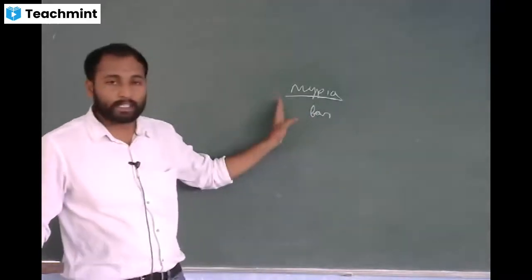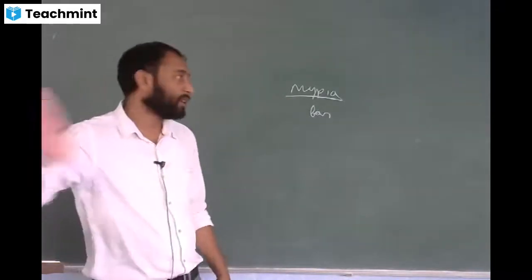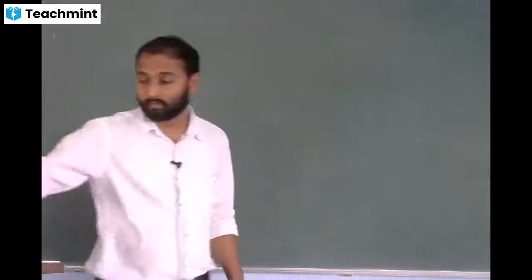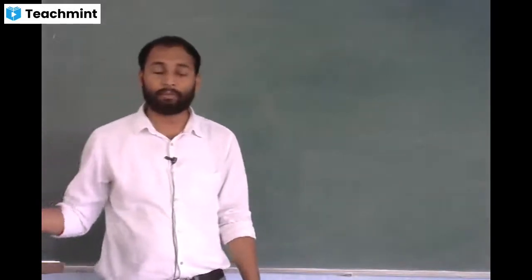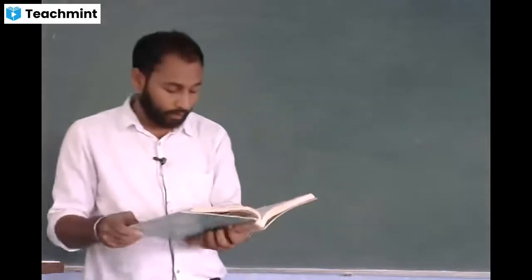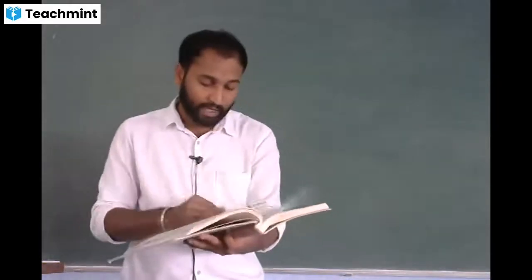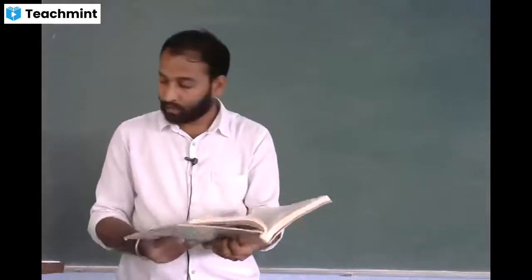To correct his problem, what kind of lens is used? The lens used in myopia is concave lens. So concave lens of suitable power can be used to correct the student's problem. Okay. So this completes in-text questions. So now I'll move on to the exercise question. So I'll ask one of you, you have to answer it.